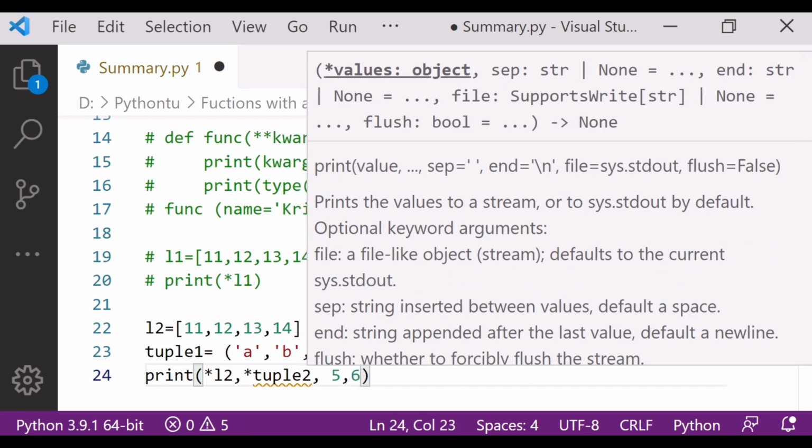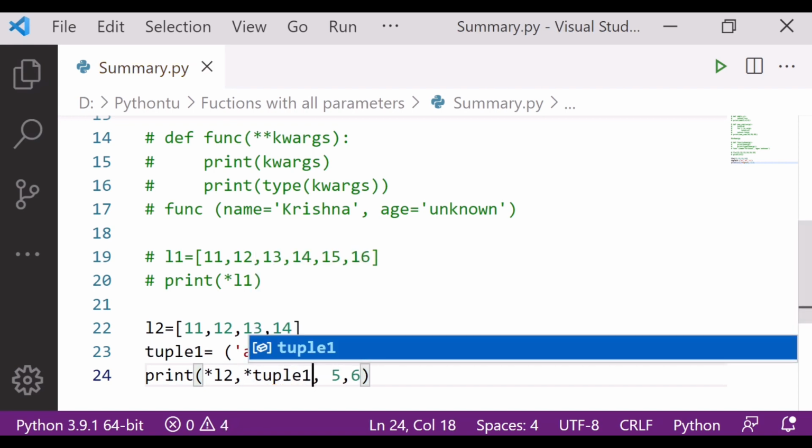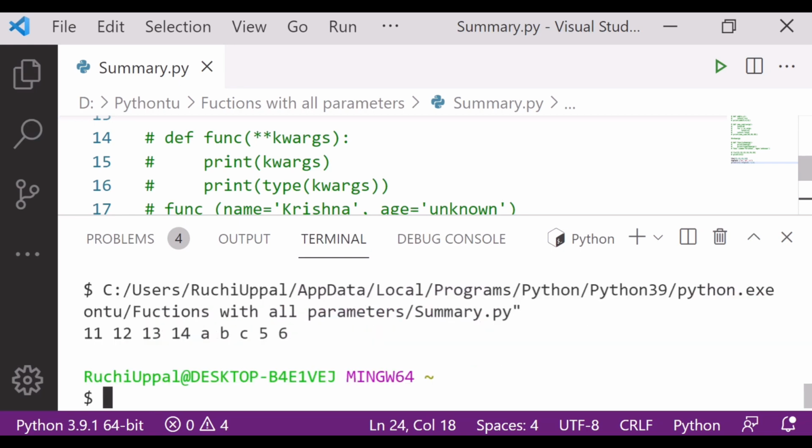So what will happen? Let's run that and see. Control S. Why is it showing the error? Here I have to write 1. Now if I run this, I'll get the output. You can see I have passed multiple iterables, and they are unpacked all together with a single element. Great, isn't it?